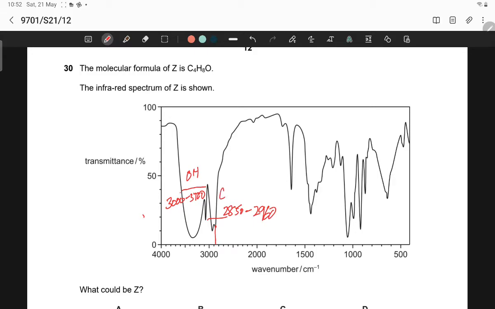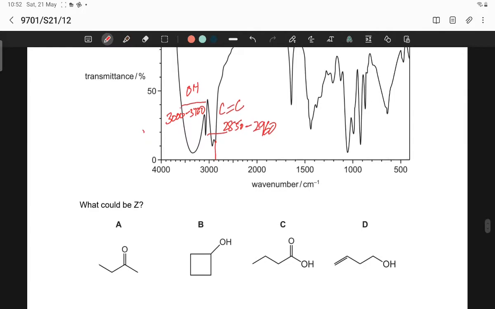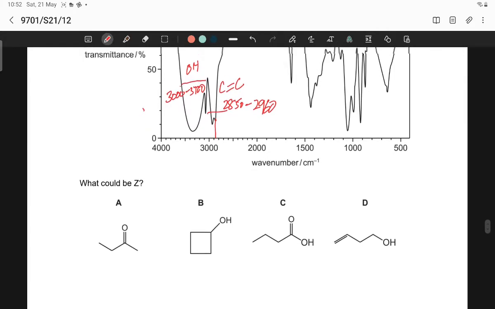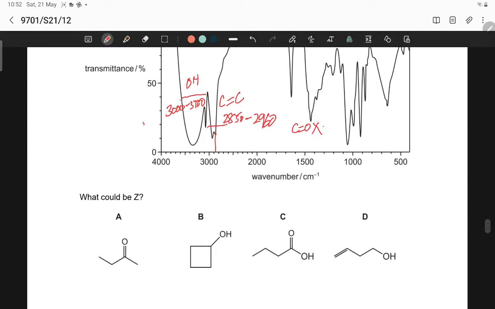This peak is of C double bond alkene, and this peak carbonyl at 1500, C double bond O peak is absent, so this will not be carboxylic acid. So alkene and OH group is present in this compound